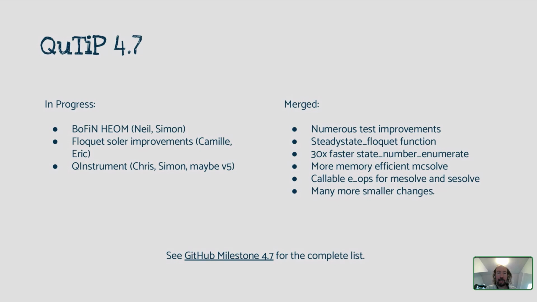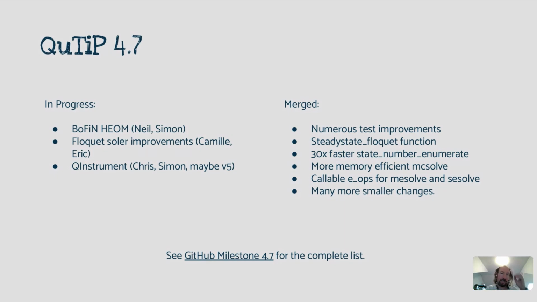I think the highlights there are that the new HEOM solver supports fermionic baths in addition to bosonic ones, and is a bit more flexible in how baths are specified. And it also supports time-dependent Hamiltonians, where the old solver mostly supported the Drude-Lorentz bath and